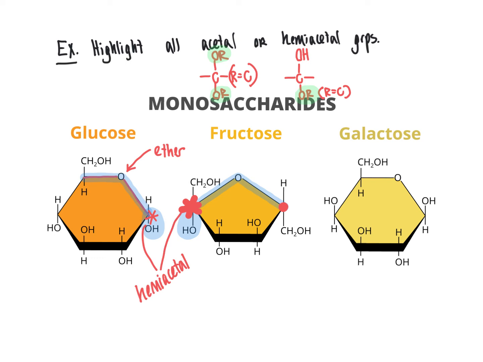Within the structure of galactose at our far right here, another common monosaccharide, we see one ether group in this structure as well. It is also part of the ring. We'll see this as a similarity between a variety of these cyclic sugar structures, that they have an ether group in them as a common feature. So within this 6-membered ring, because we have a hexagon here, we have an oxygen atom that's part of an ether. Taking a look at the 2 carbon atoms directly connected there as our candidates for being part of acetal or hemiacetal groups, we have a carbon atom here,